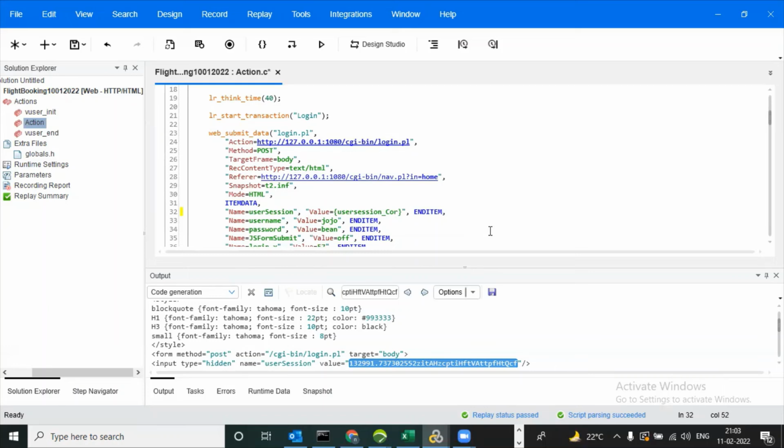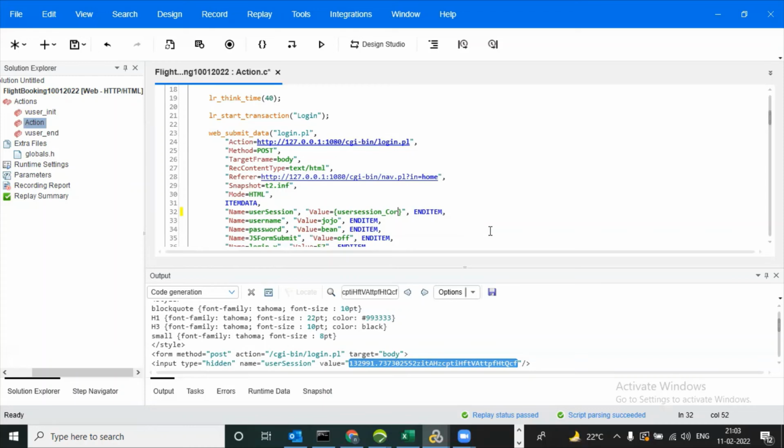So the big challenge in our script is correlation. Parameterization is a very easy concept. Everyone can do it, and it is very simple. But correlation is a big concept. In our script, we do this for the script enhancements. This is the only major thing. If you record, 10,000 lines of code will be there, and multiple correlation values will be there. So you need to find them and do the correlation. That is the big challenge of the scripting part, only correlation.